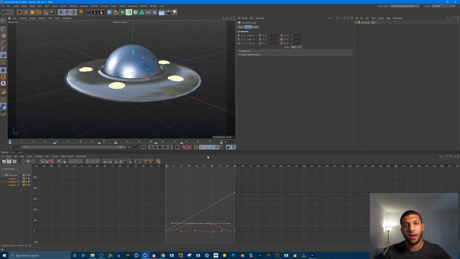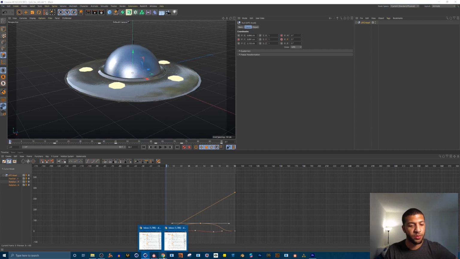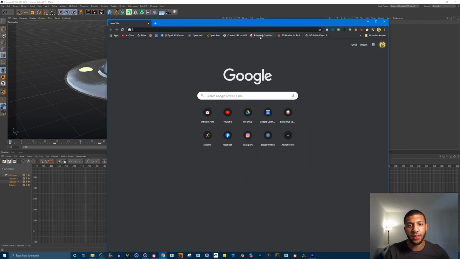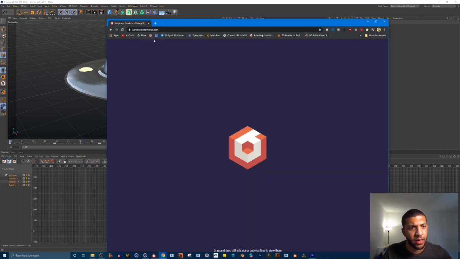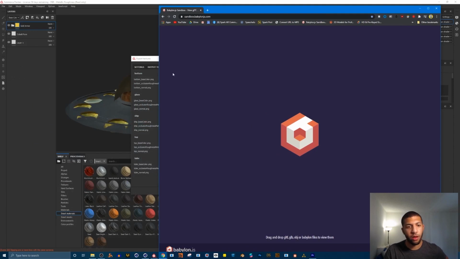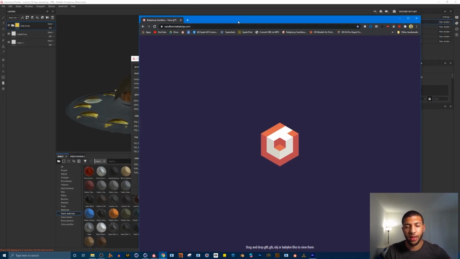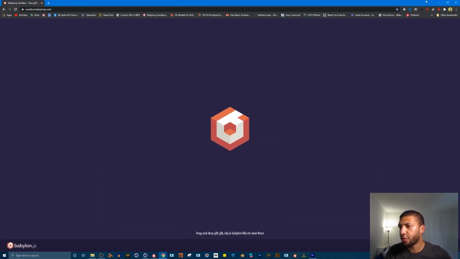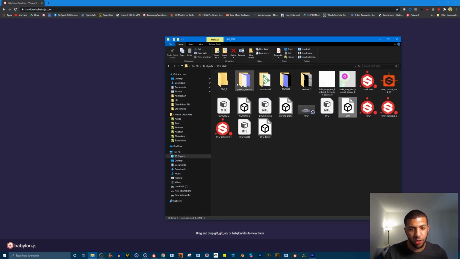And now that that's done, I use a tool to test out my augmented reality animations and assets before I bring them into augmented reality. And I'll show you that now. So I have a new browser up here, and the service I use is this one. It's called sandbox.babylonjs.com. And it's a browser that you just drag a format into here. So I'm going to go to my objects